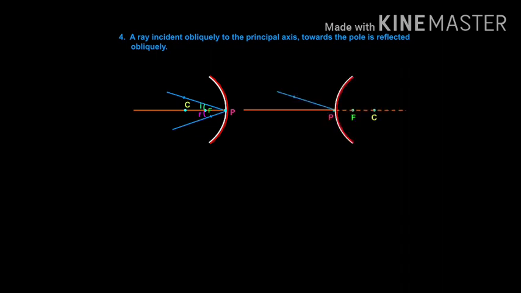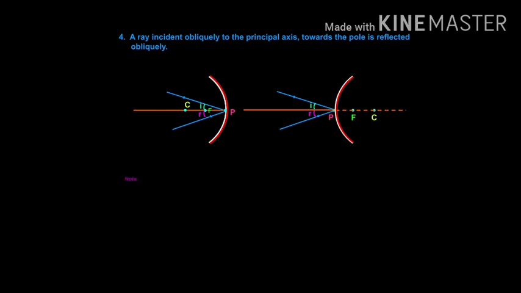And the next one is, if a light ray is incident obliquely, meaning it is not passing through the focus, it is not passing through the center of curvature, and it is not parallel to the principal axis, then in that case it will follow the general rule, and that is the angle of incidence is equal to the angle of reflection. So in that case it is an incident ray, and as I told you, the line that joins the center of curvature to the mirror is a normal. So in this case my principal axis is behaving like a normal, so this is my angle of incidence, this is the angle of reflection, and these two are equal. And the same is for the convex mirror too.